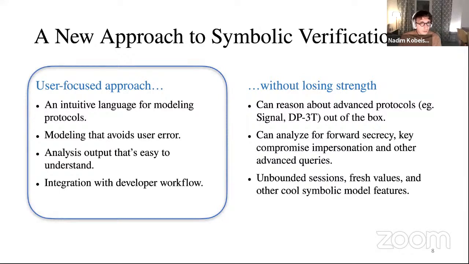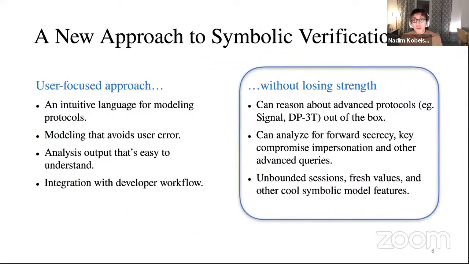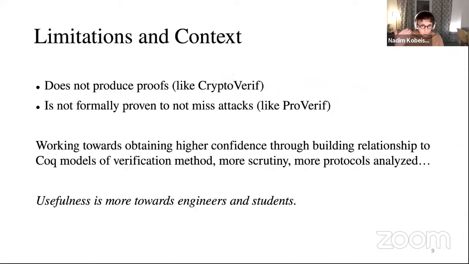You can see here on the left, they provide a user-focused approach. However, hopefully without losing too much strength. We can still reason about advanced protocols such as Signal or DP3T out of the box. We can analyze for post-compromise security and so on out of the box. We can model for fresh values and unbounded sessions and other cool symbolic model features. I need to specify, I think ProVerif probably has a better grasp of unbounded sessions than we do at the moment, but we are targeting these